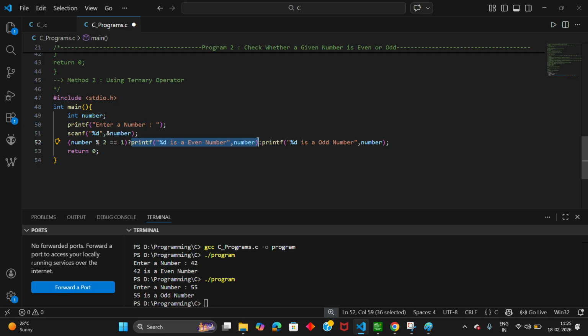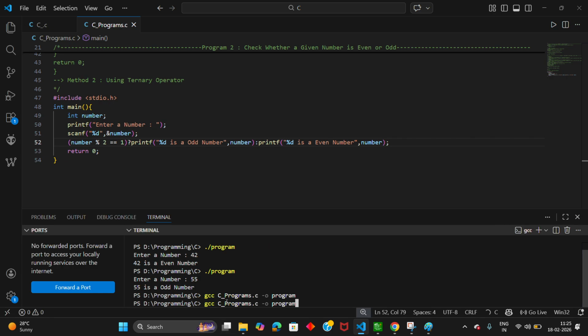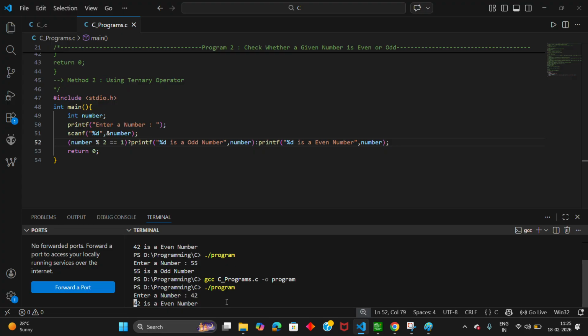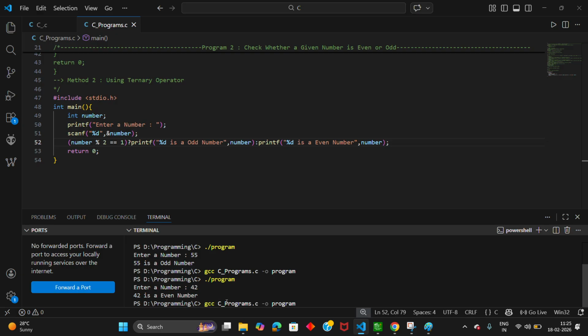You need to put odd here, and you need to put even here, and then you just save it and rerun the program. Now if I enter 42, again you will get the same. Okay, 42 is an even number, and if I enter 55, again you will get the same, that is 55 is a odd number. Okay, this is how you need to do this code.